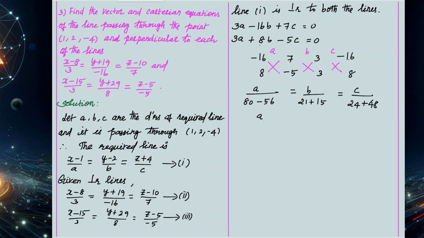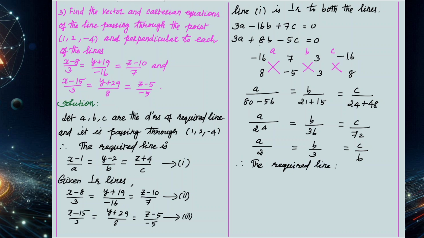So a divided by, what is the value of 80 minus 56? That is 24. And then b divided by 21 plus 15, what is the value? 36. And then c divided by 24 plus 48, what is the value? 72. So a divided by 2, and then b divided by 3, and then c divided by 6. What we have done? We multiplied each term by 12. And then the required line